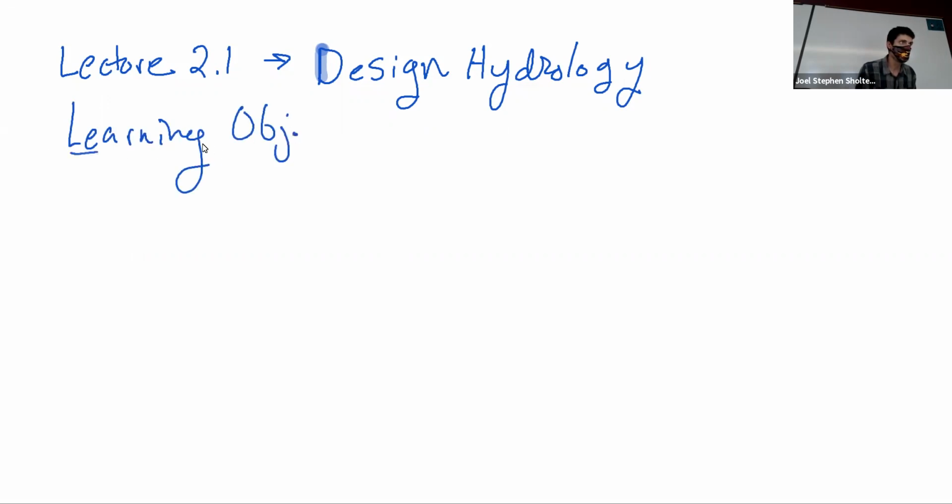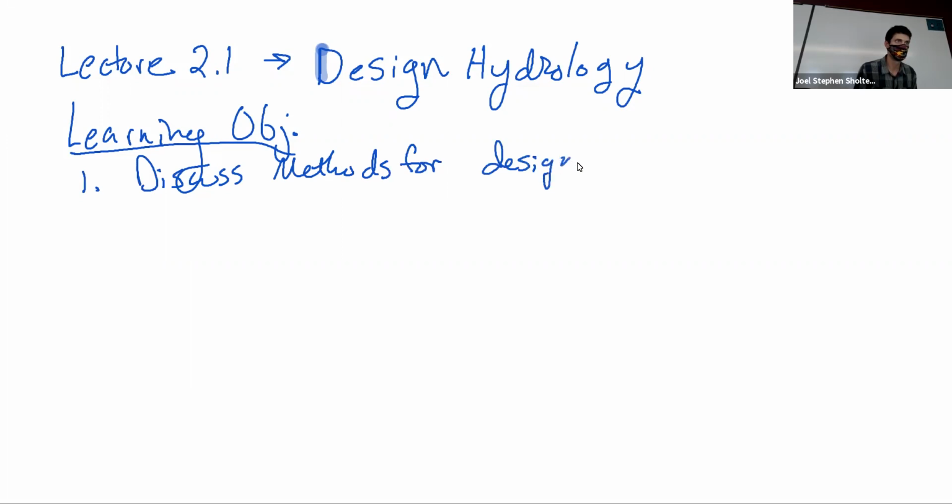are going to be, one, to discuss methods for designing, i.e. sizing